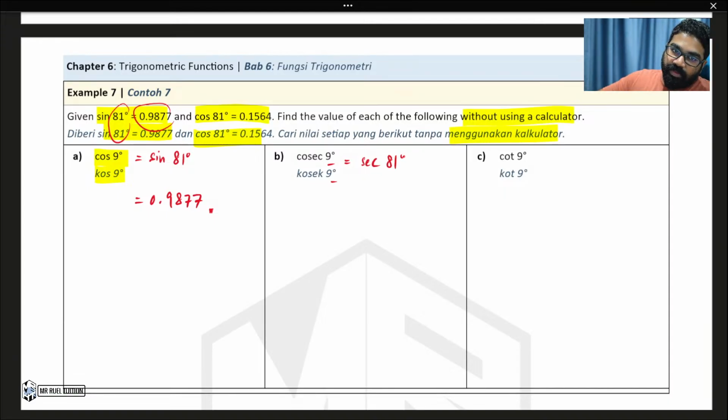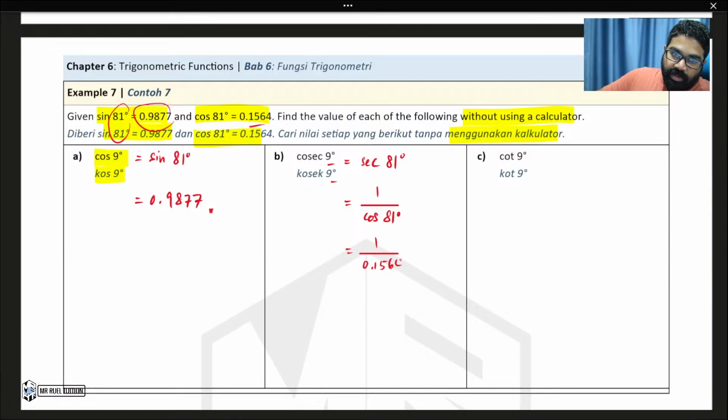Secant 81. Right? Okay, what is secant? 1 over cos, 1 over cos 81. So what is the value of cos 81? Sudah diberikan di sini. 1 over